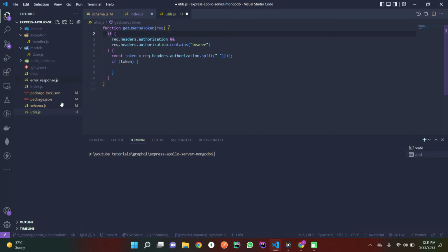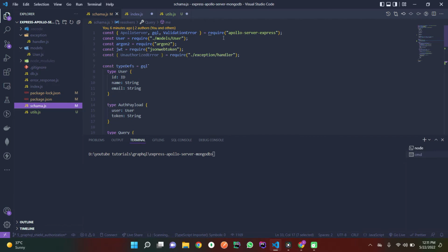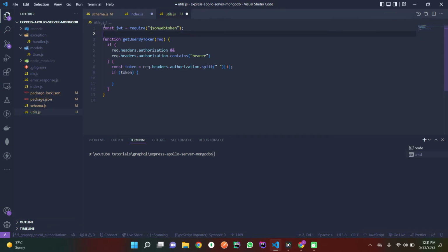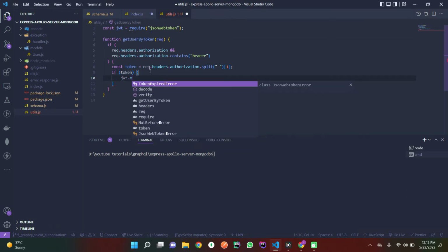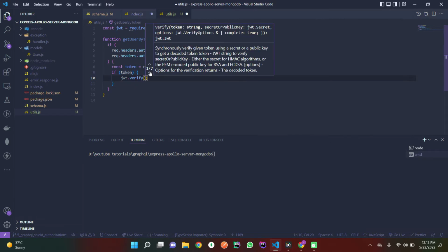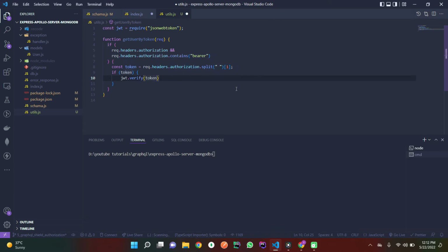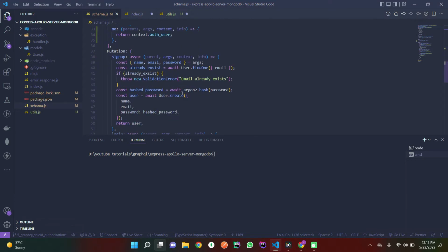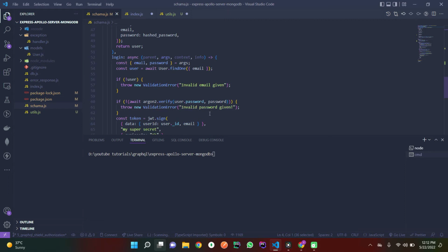So I am going to copy this line from here, jwt. First we are going to put this token here if it exists, otherwise